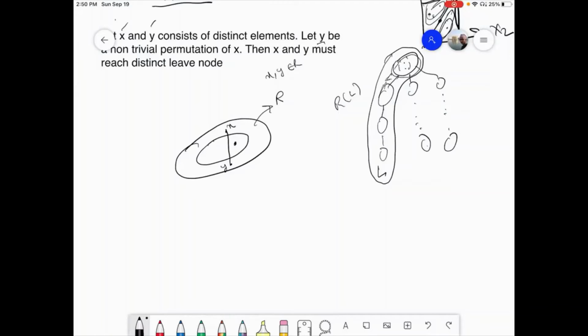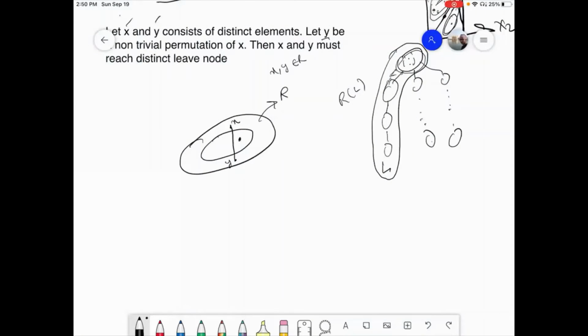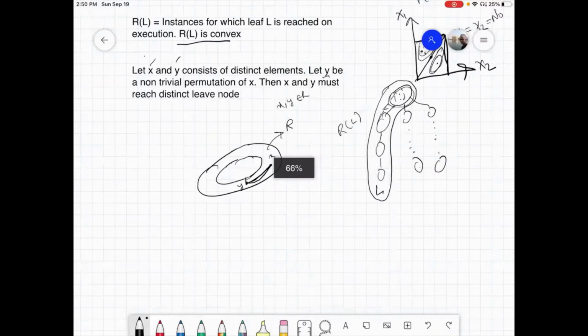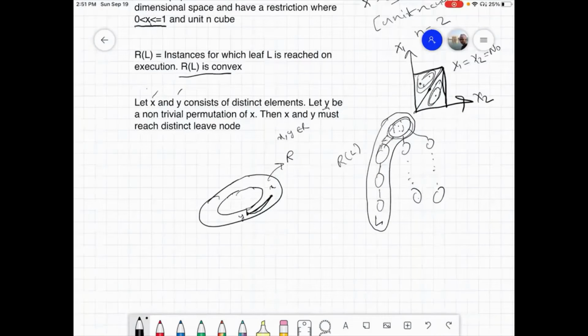So there's another definition called connected. Connected is nothing but, rather than having a straight line path, we'll just have a path, and the path can be of any shape. So when you assume that, then a torus is connected because let's say the point X is here, then from here to here, there's a path, right? But it is not a straight line, it's in a circular fashion. So a torus is connected, but it is not convex. But a cube is convex because there exists a straight line path between 2 points through the region R.